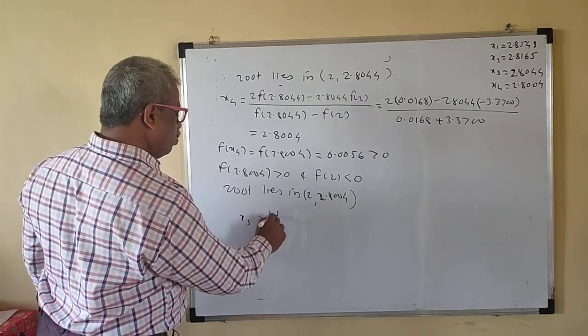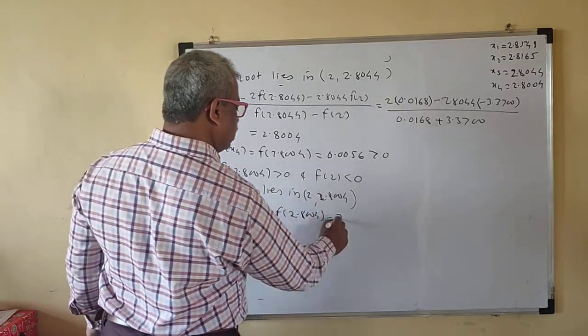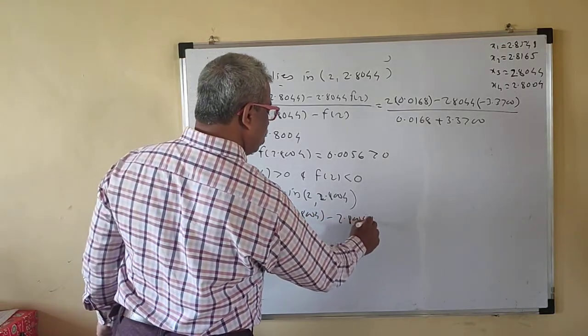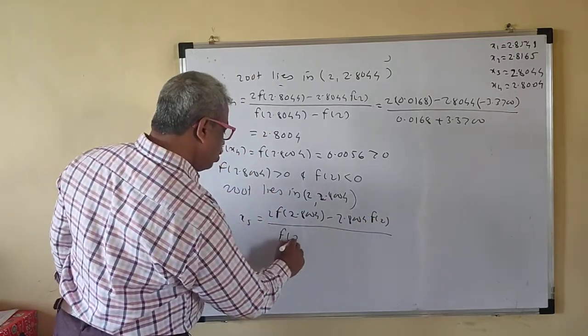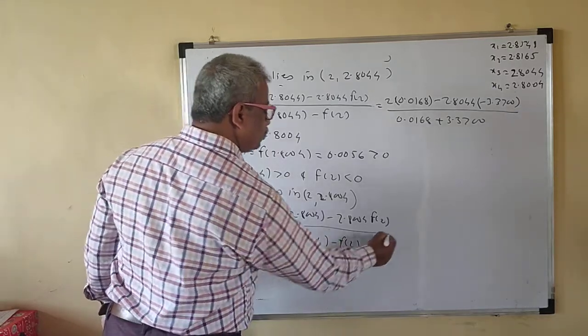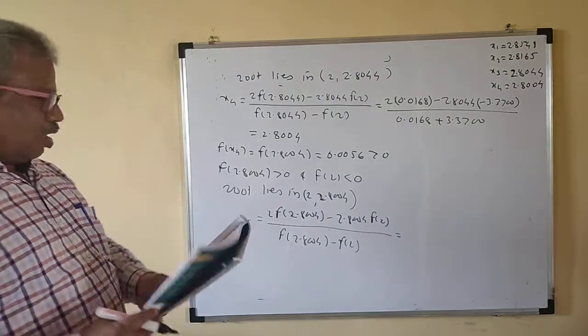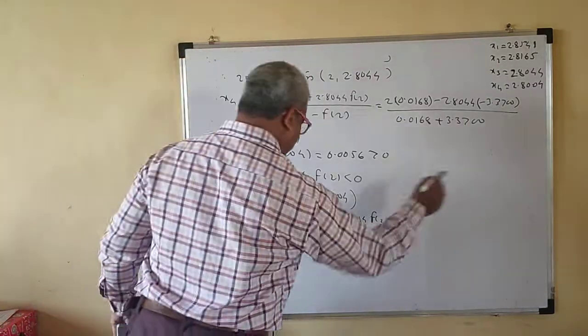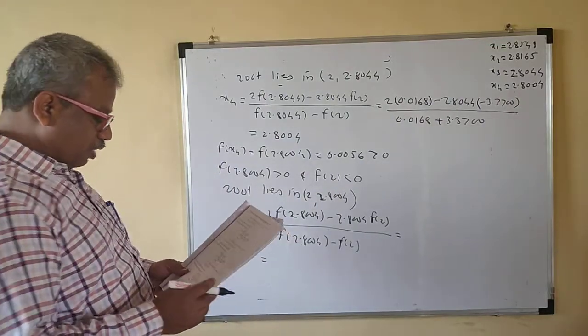So x5 is equal to 2 into f of 2.8004 minus 2.8004 into f of 2, upon f of 2.8004 minus f of 2. Okay, so we got this value. I hope you understand this one. How to draw this value? Just write all the things. This value will be, I got this value as now,